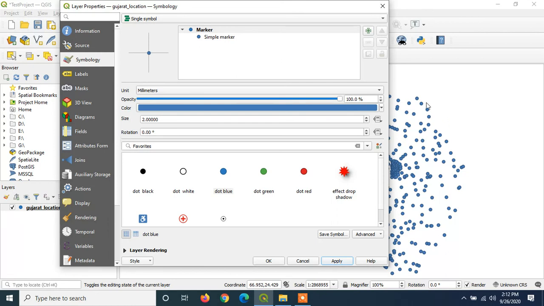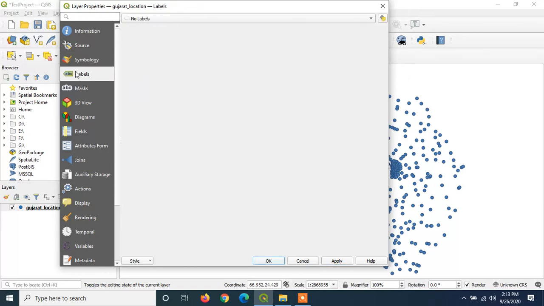Now, as we have seen, there is an attribute table which is related with this vector point data layer, but these points do not show which village or which city it is. So if I want to display the name of that place on the dot, then there is one option named labels.